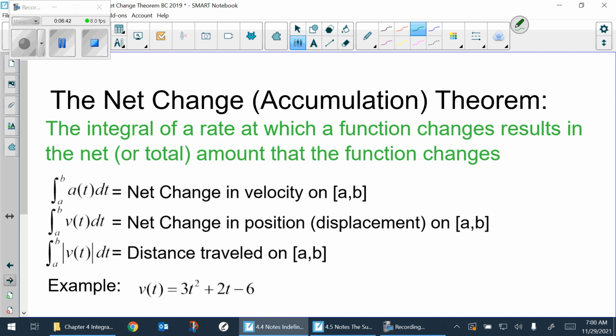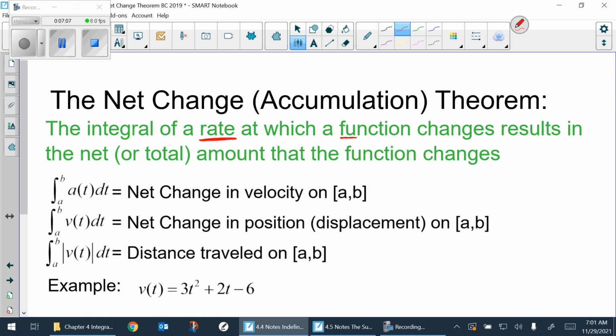Okay, the net change theorem. Net change theorem is something that shows up pretty often on the AP exam. And what the net change theorem says is the integral of a rate, and I'm going to underline that word rate. And you guys got to press pause to write this down. You go ahead and do it. The integral of a rate